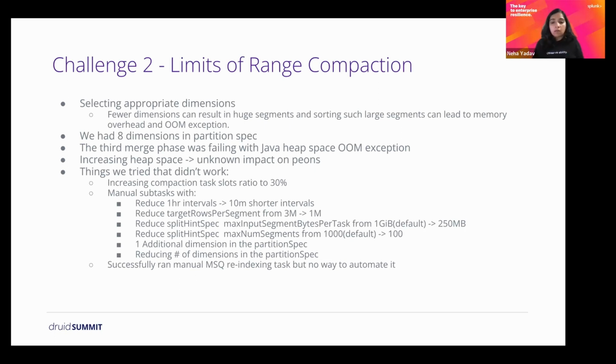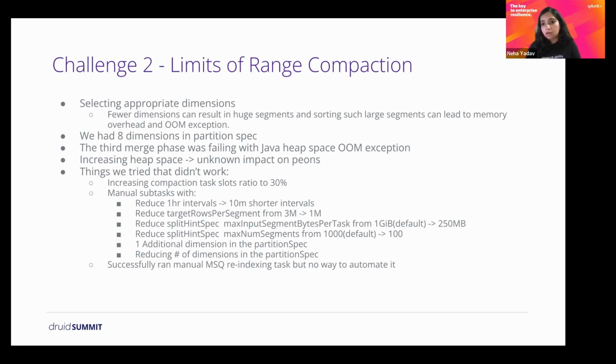Just for your information, I wanted to mention that on our largest cluster, when we started with migration, we had 8 dimensions in our partition spec. That partition spec had been working on some of our smaller clusters, so we thought it would be appropriate for our larger cluster as well. But what we started noticing was that the third merge phase started failing with